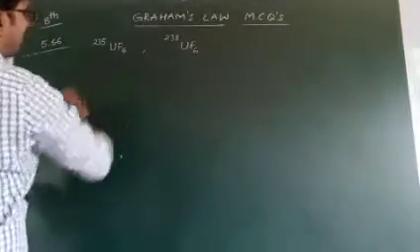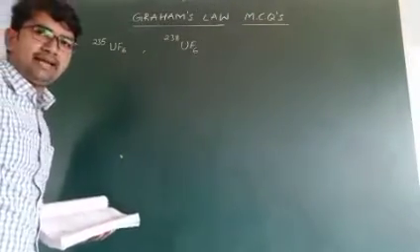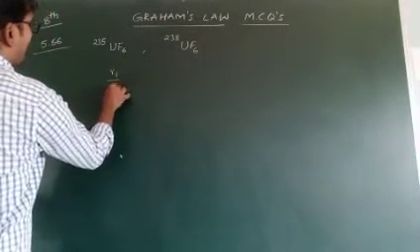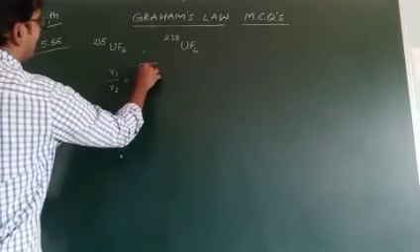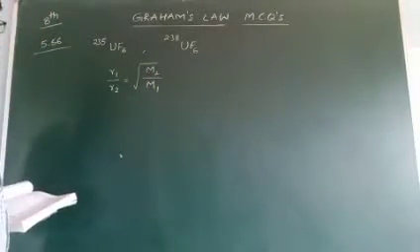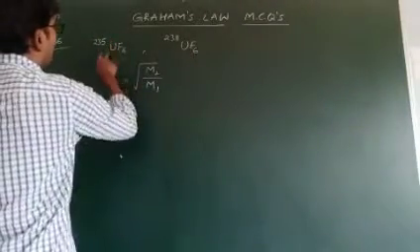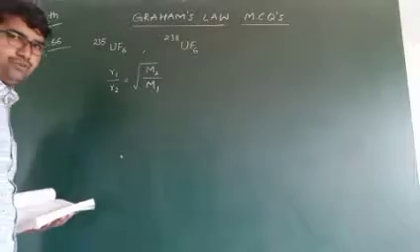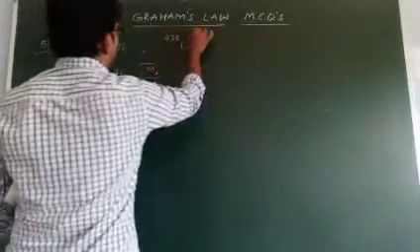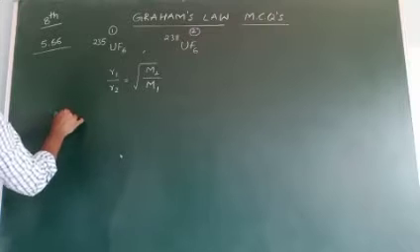So for comparing the given two uranium hexafluorides, we can calculate the molecular weights directly. For comparison, the formula R1 by R2 is equal to root over M2 by M1 is simply suitable for this problem. Why? Because it is very clear, we only know the molecular weights of these compounds. Okay, right. The first one is taken as 1, this one is taken as 2. First calculate the molecular weight of the first one.